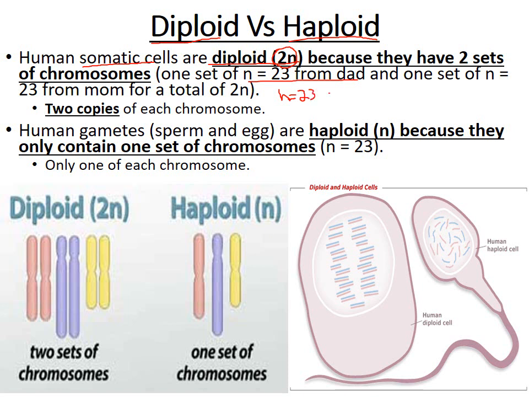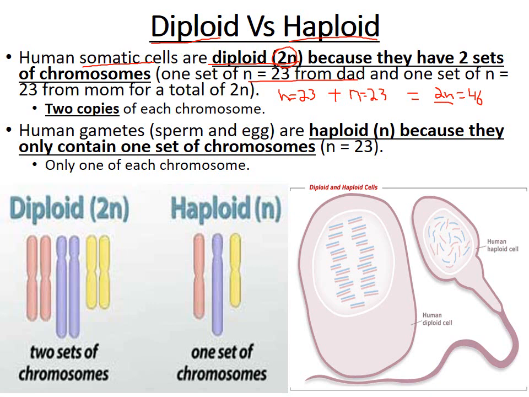And the other set came from mom. We also call that N, and there's 23 in there. And so when you put them together, that makes your zygote, or your somatic cell, 2N, which is equal to 46. So if you have two sets of chromosomes, you're considered a diploid organism,